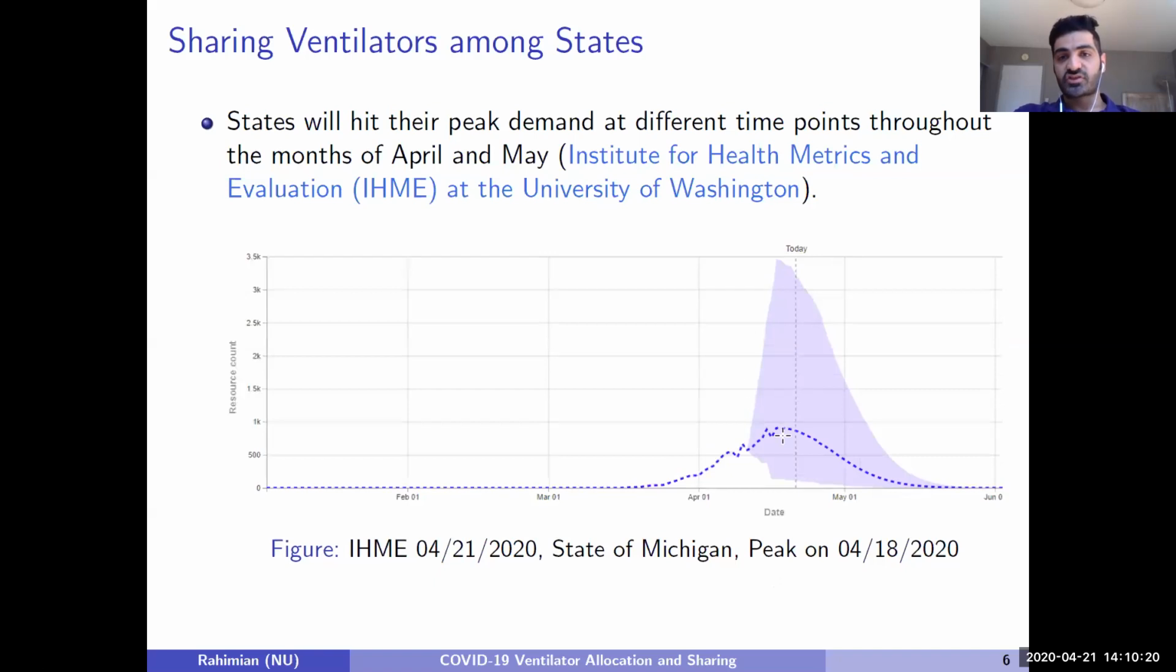And also the state of Michigan hit its peak on April 18, around this time, with this number of ventilators needed. So what we have realized is that this problem has a really unique feature: because the states hit their peak at different time periods, there is a possibility for states to use their available inventory of ventilators when they need it, and after their peak fades away, they can share that inventory of ventilators with other states. This was something observed by us, other researchers,